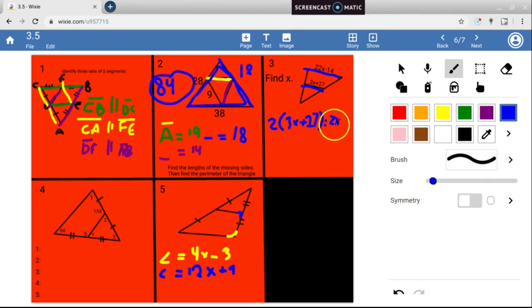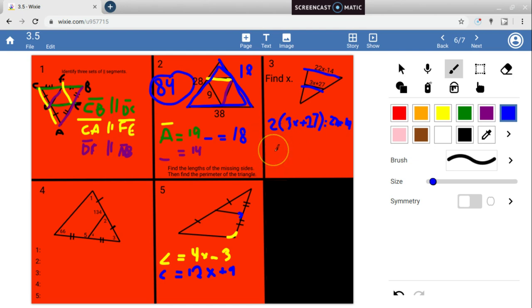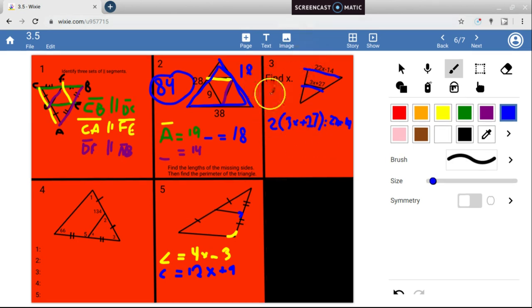Okay, 22x minus 14. If you can't read what I'm writing, at least you can tell what I'm saying. So then you would distribute, I'm not going to really write this all down, but you can just listen to what I say. You would get 6x plus 54. And then that would equal 22x minus 14. You would just solve from there. We already know how to solve things from the other videos. And I do not know what you would get at the end. Let me see. Well, if you did do the work and you wanted to